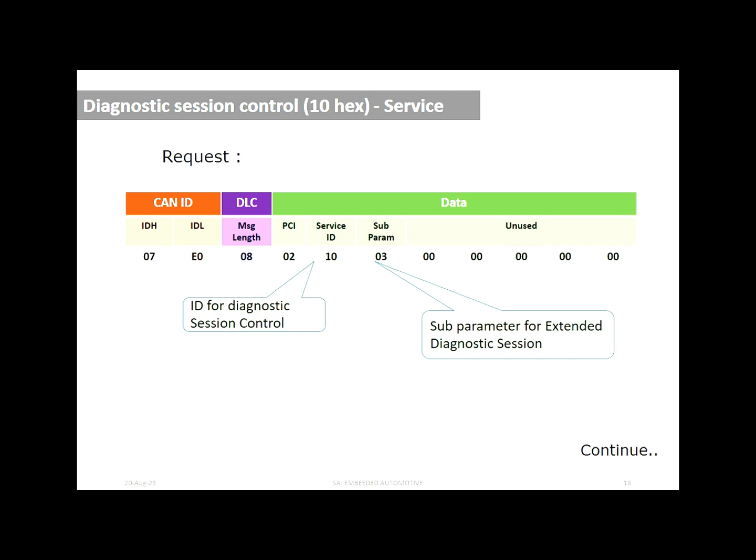In the extended session, if I want to communicate with another service ID, I can go with the 1003 extended session. Let's see the request message, how this request message will be. If you see, CAN ID 0x7E0, and DLC, and the PCI protocol control information, and service ID 10, subfunction 03 extended session control, and respective